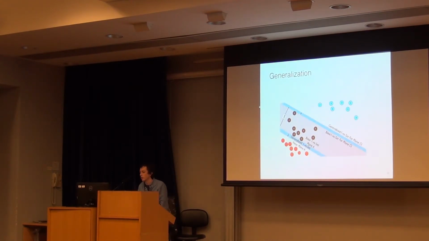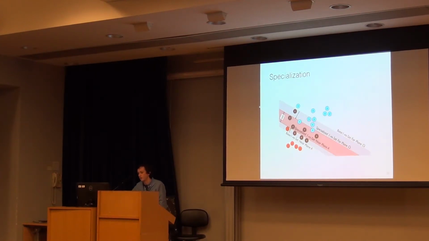Then we're going to refer to our known negatives to figure out, do we need to generalize, which of course is a big struggle when it comes to machine learning in general, because we know we're going to see new instances of known classes, and we have to go beyond our experience to recognize them in many cases, so we can't have very tight bounds around that training data. And then we can also specialize,